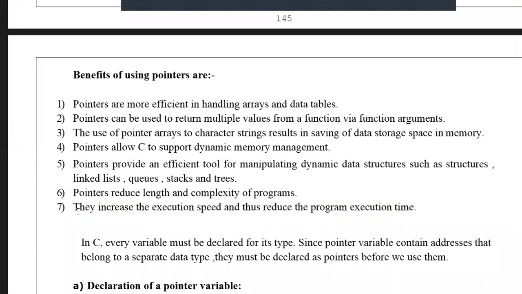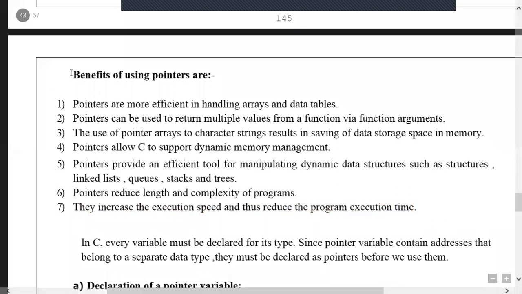If you don't know the house number and only know the person's name, like only a variable name, what will happen? We have to ask anybody, is there any person with this name? We have to ask each and every neighbor, and finally we will find that particular person. But if you know the address of that house, there is no need to ask here and there. You just go directly to that house number and meet the person. So accessing data by using the variable is a little bit slower, and accessing data by using memory locations, that means by using pointers, is much faster.